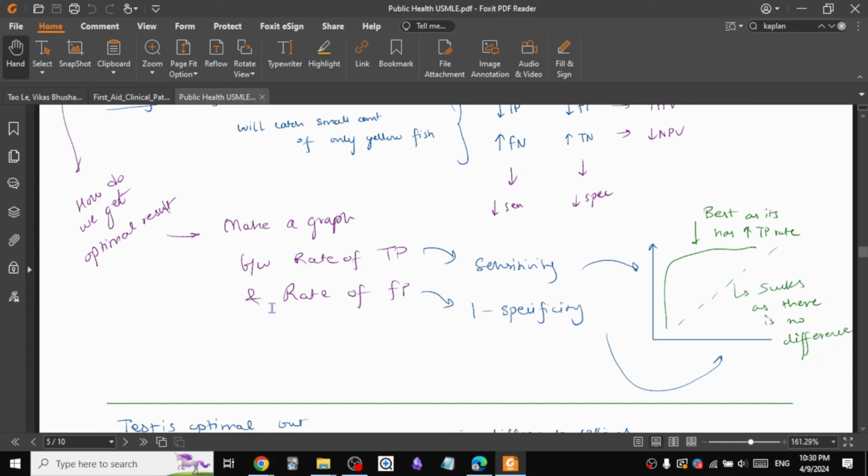Well, we did it with likelihood ratios and stuff, right? So you take sensitivity on the y-axis. I've seen questions where they try to confuse us about which axis is what. Okay, sensitivity on the y-axis and 1 minus specificity on the x-axis. So basically it's the formula for the likelihood ratio, right? And this is called the